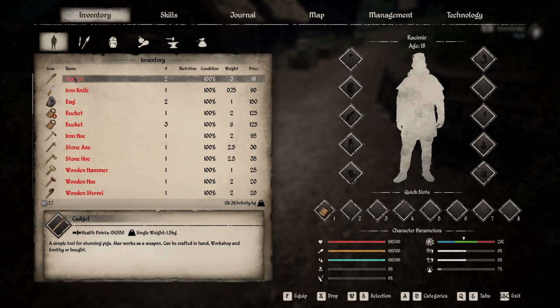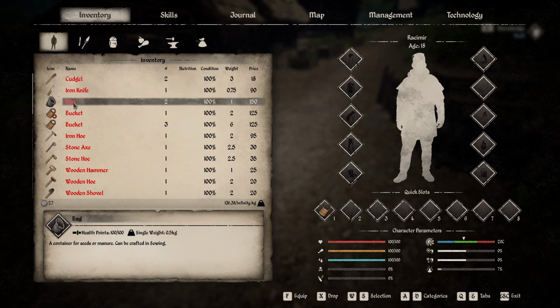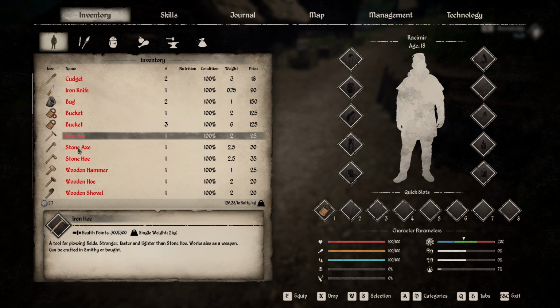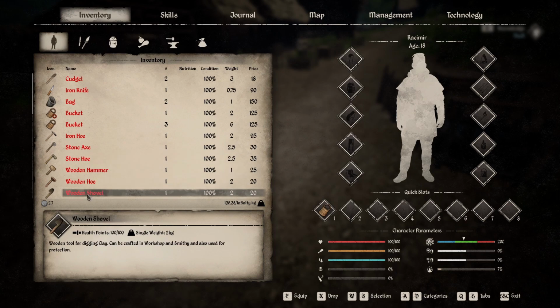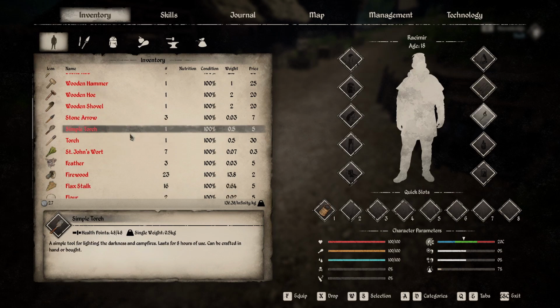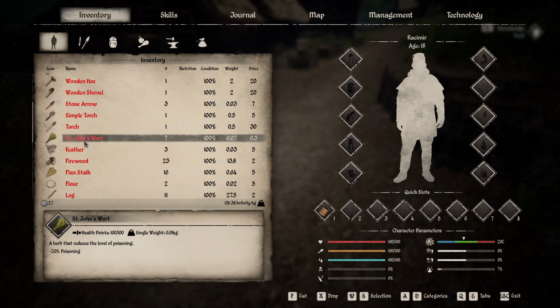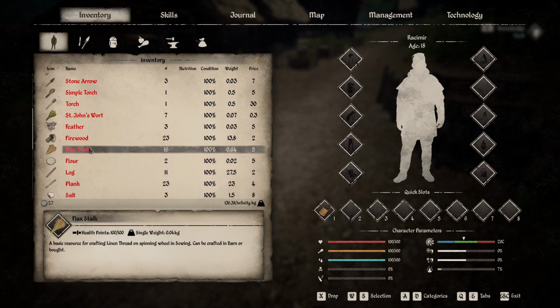We got 2 cudgel. We got 1 iron knife. We got 2 bags. We got 4 buckets. It looks like 1 is in my inventory. Yeah, 1 is in my inventory. We got an iron hoe, a stone axe, a stone hoe, wooden hammer, wooden hoe, wooden shovel. We had 3 stone arrows, 1 simple torch, 1 better quality torch, 7 St. John's wort, 3 feather, 23 firewood, 16